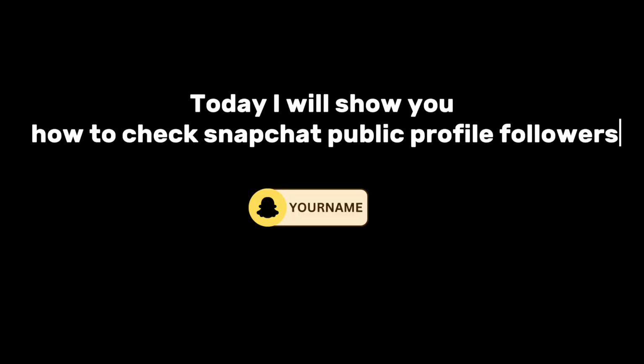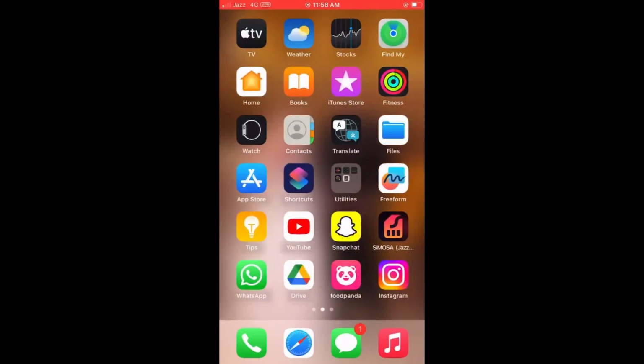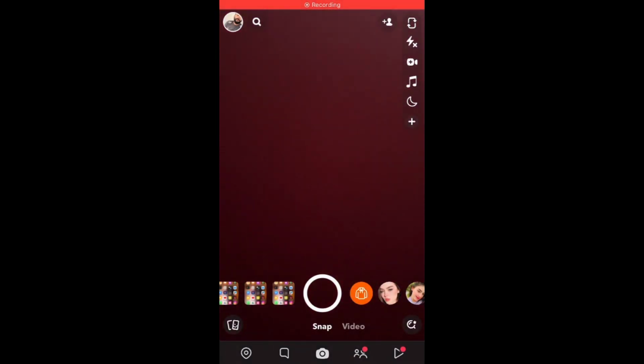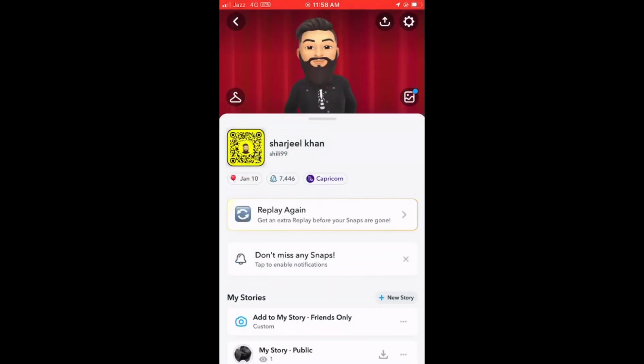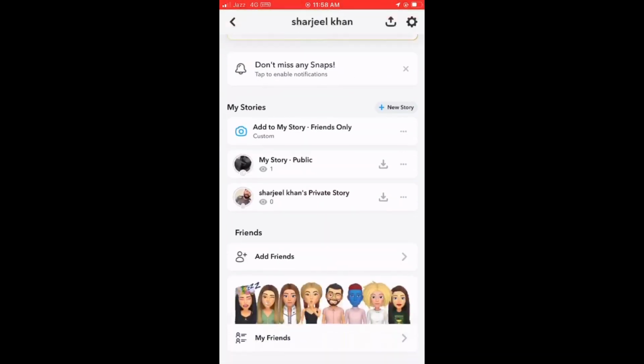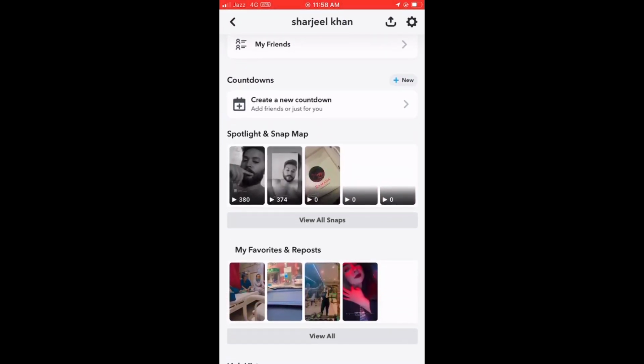Today I will show you how to check Snapchat public profile followers. So open the Snapchat app on this iOS device and now go in the top left corner of avatar profile icon. So from here you will just have to find a public profile. Just little bit scroll down